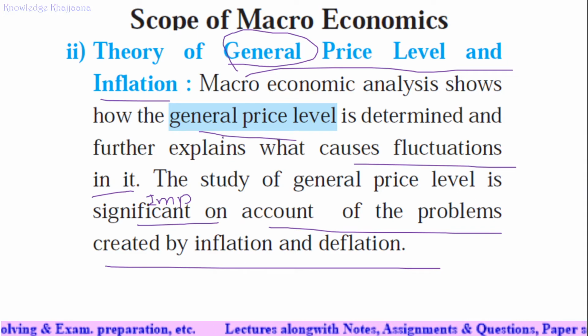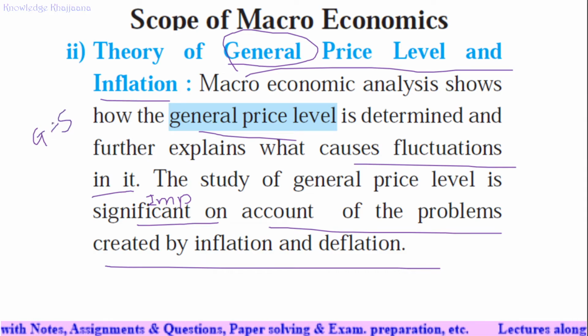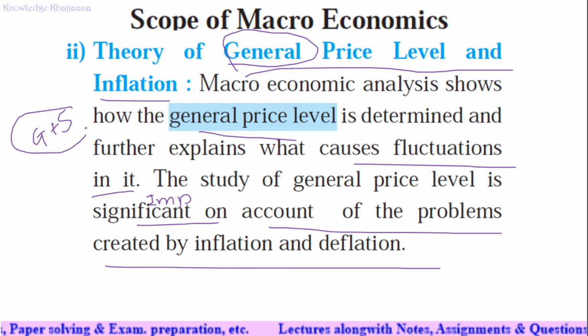See, the general price level or average price level of all the output, that is all the outputs of the country. General price level means the price of all the outputs of the country. Outputs means the price of all the goods and all the services. That is totally called output. What is the output of the country? Goods and services. So the average price of all the goods and services produced in an economy in a given period of time is called the general price level.